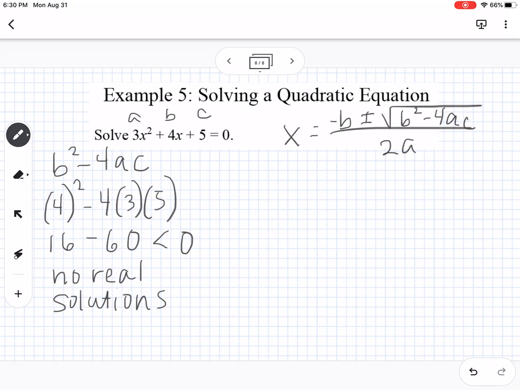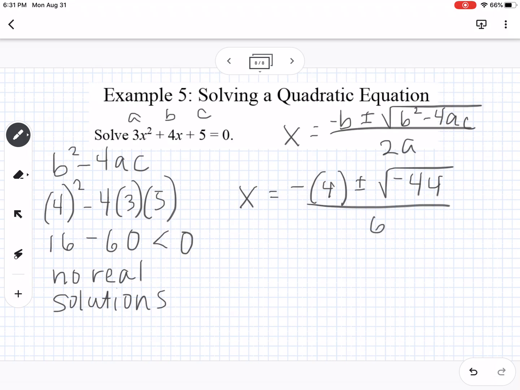So this is going to be negative 4 plus or minus. We already know from our discriminant over here, so we take our calculator and we do 16 minus 60. We're going to get negative 44 over 2 times 3, so we're going to have 6 down here. So that means we have negative 4 plus or minus the square root of negative 44. So another way of writing this, we can write that as the square root of 44 i